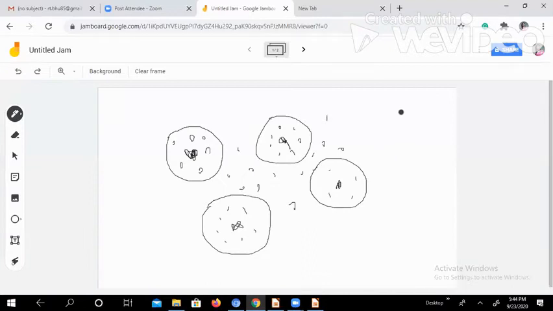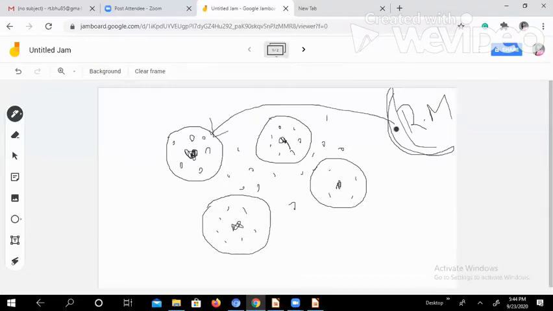here is the raw material. Raw material is available in this region. So for the raw material to reach here and here, the transportation cost will be too much. So it will be better if